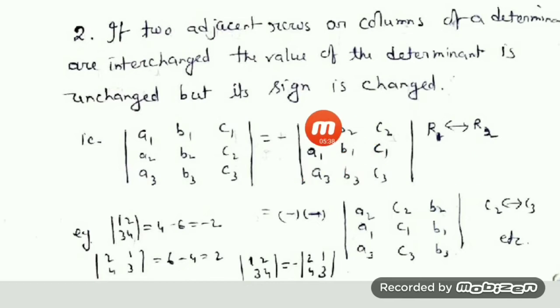Okay. Now suppose here again I am going to apply the same property but in column. Then suppose I am using here column 2 and column 3. Column 2 is your b2, b1, b3, and column 3 is this one. It is written, first column remains as it is. Then minus will become plus. So you see, one more thing you have to know in this case, that in the same question, when you use property of determinant, you can apply the properties in row and column both.